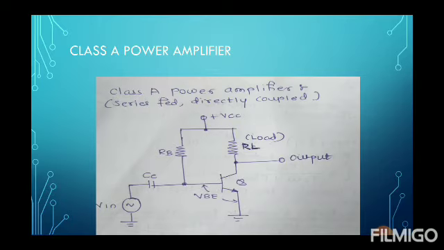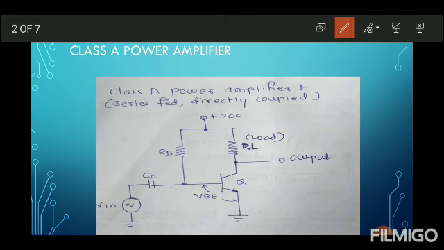Now, in the figure shown, what we are seeing is a series fed directly coupled class A amplifier. Okay, so this is class A power amplifier. It is series fed. A transistor Q is biased in the active region by using a fixed biasing circuit. Now the shown circuit is a fixed bias circuit. So the transistor is used in the fixed bias circuit. The resistance RB is varied to adjust the Q point at the center of the load line. So basically this RB will help us to adjust the Q point at the center of the load line.